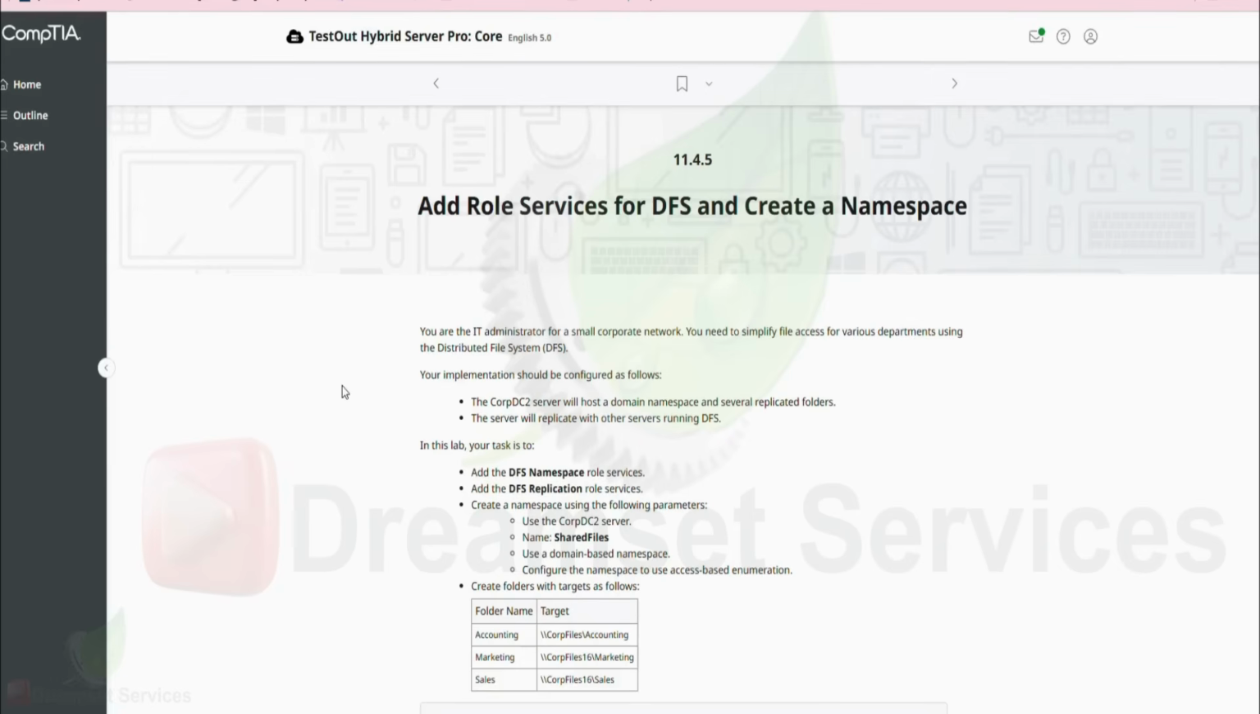So you are the IT administrator for a small corporate network. You need to simplify file access for various departments using the Distributed File System, DFS. Your implementation should be configured as follows. The COP DC2 server will host a domain space and several replicated folders, and the server will replicate with other